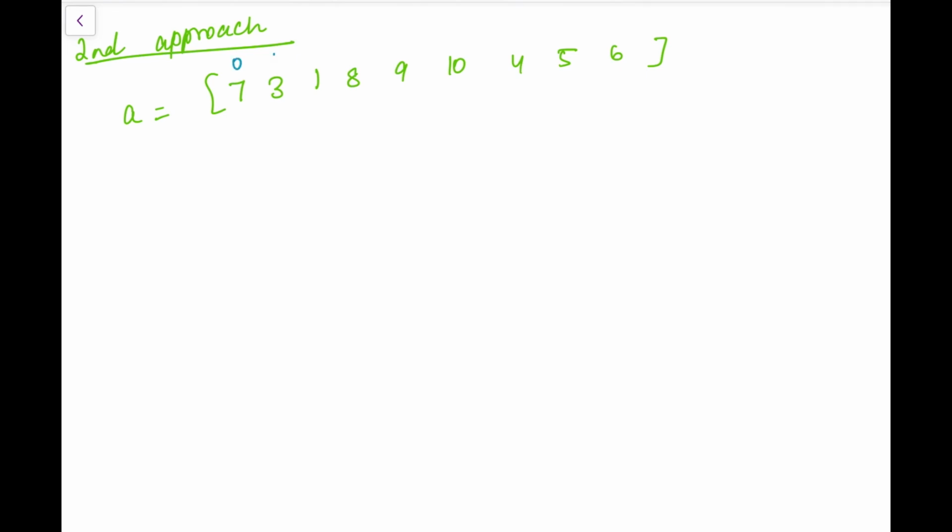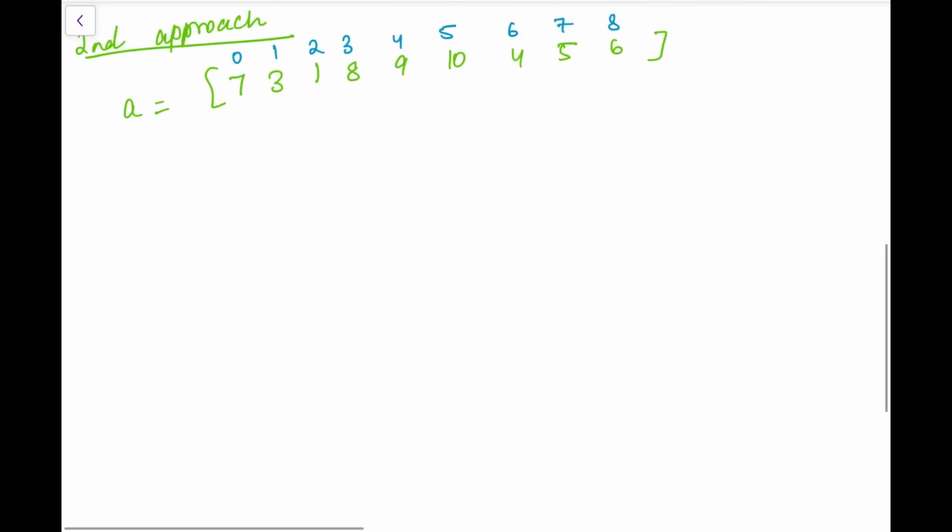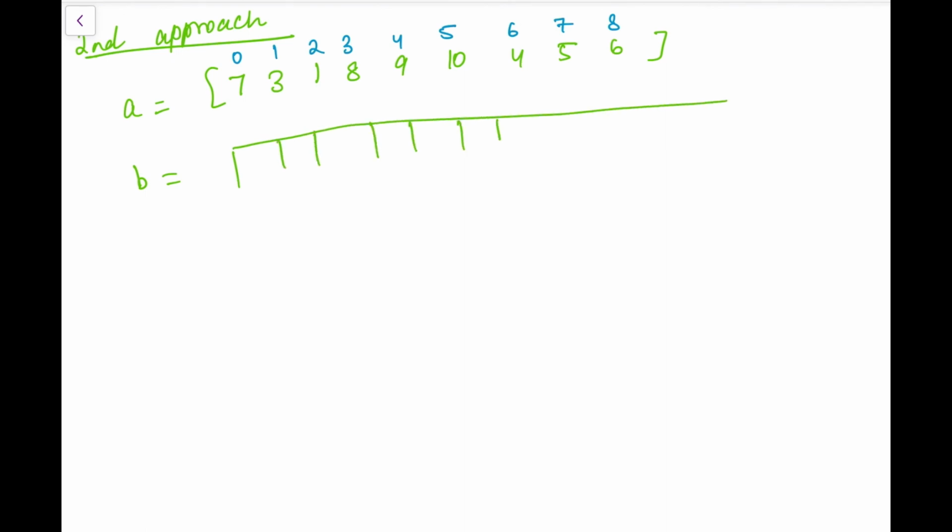So 7 is at 0, 3 is at 1. Correspondingly, we can have indexes for every element of this array, right? Now, my idea revolves around having another array B, and let us first number all the elements in it as well.